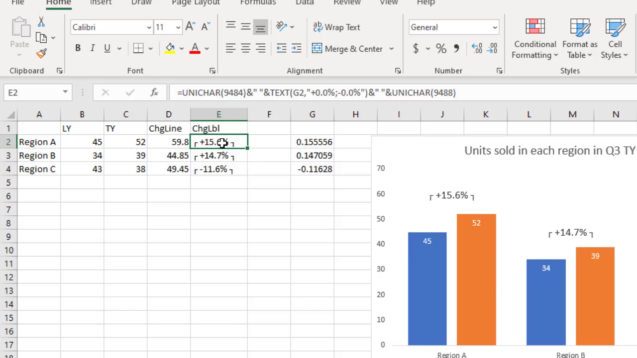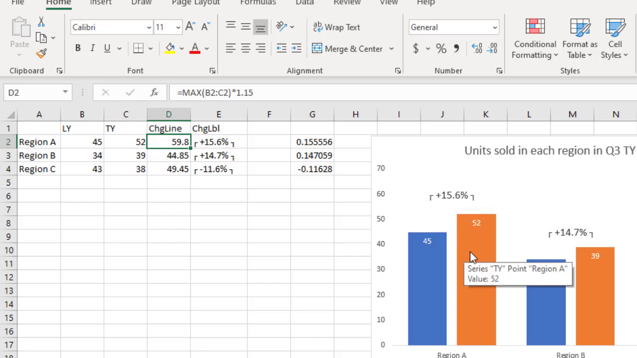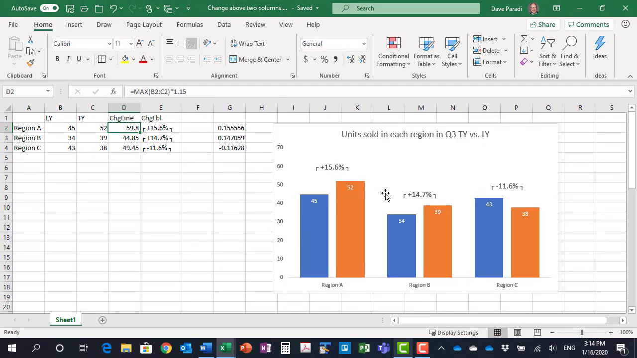So we've created this label, and to place it above the columns, we add an extra data series, which is a line. I've called it change line here, and here's how it's calculated. For each of the regions, it says what is the maximum value of that region, and then multiplies by 1.15. So I want it to be 15% higher than the maximum value. Why? Because I want it to be high enough up above that it's not touching the columns. And so the line is going to have these data labels